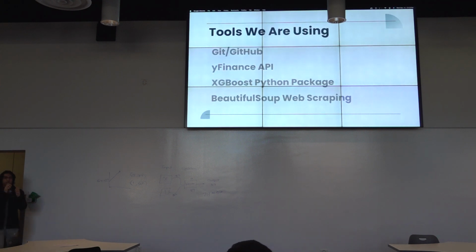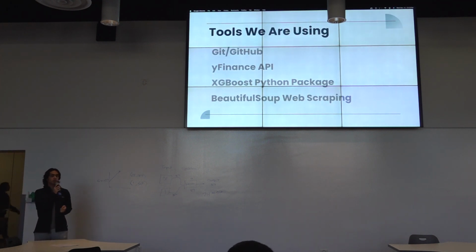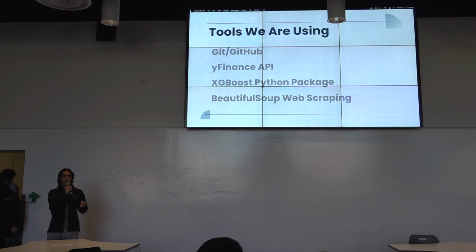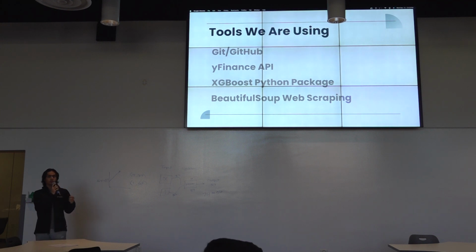So some tools we're using: GitHub to store all of our code. We're using the yfinance API to get the historical price data. We're using the XGBoost Python package for the XGBoost model, and then we're using Beautiful Soup web scraping to get the